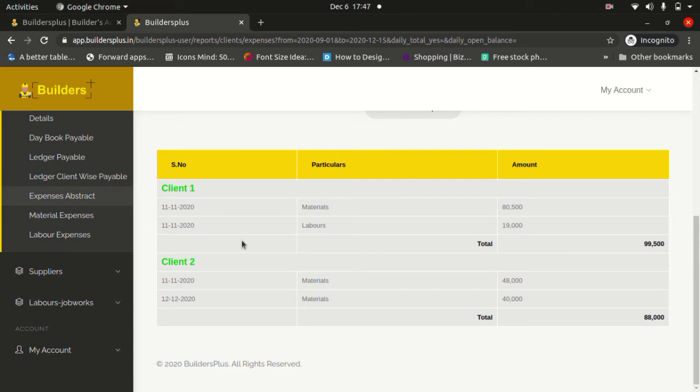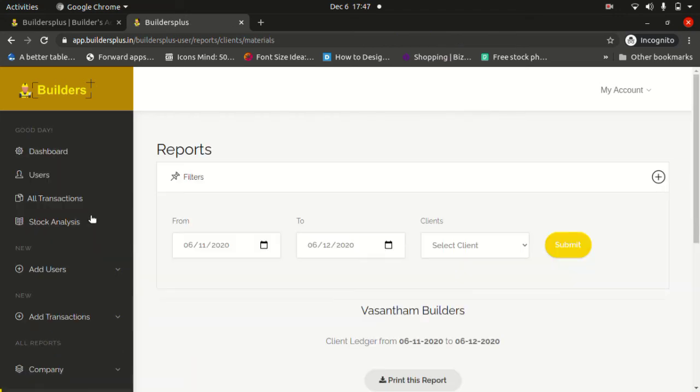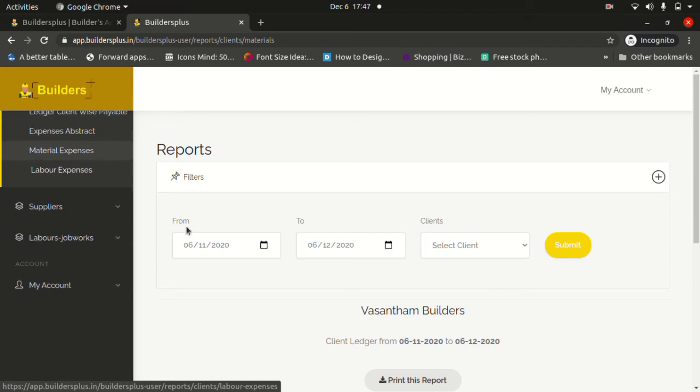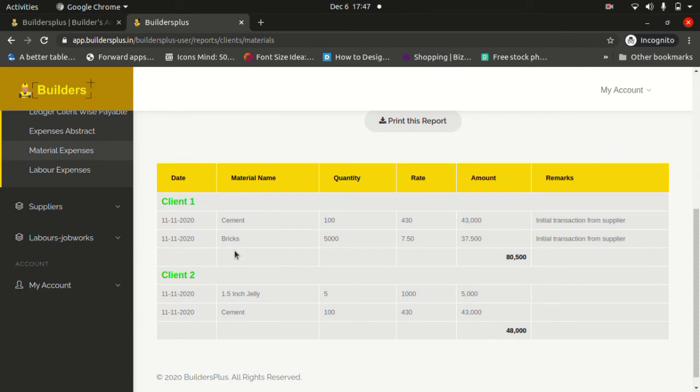Say, for example, I want expenses only for the material, then you can refer to this link, material expenses. Likewise, if you want labor contract expenses, here you can click labor expenses. This report will give you only the labor expenses. Here you can refer to the material expenses you made.